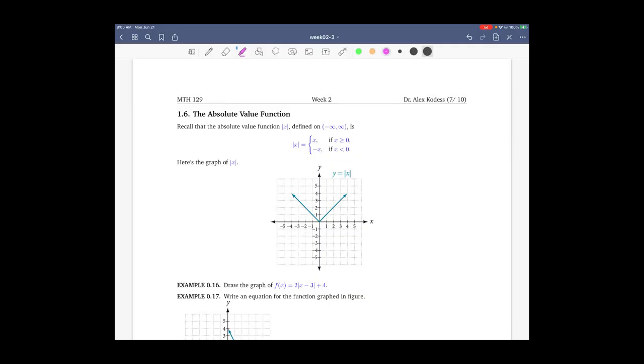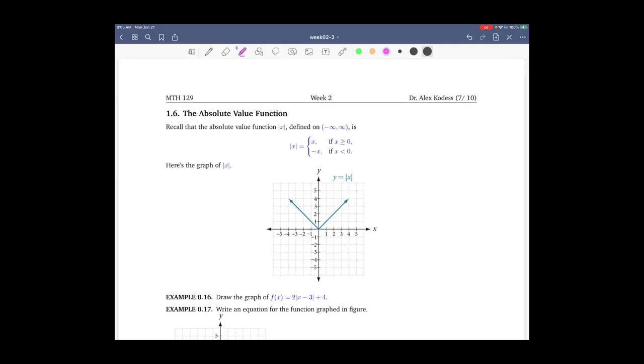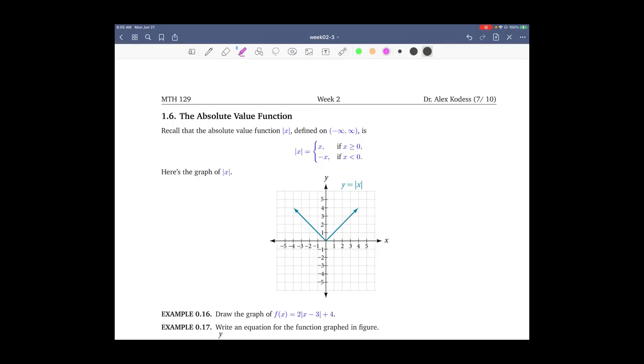Well, first of all, as a function, absolute value of x is defined on the entire real line, and as you remember, absolute value of x is either x, in case when x is non-negative, or opposite of x, which is negative x if x is negative. That way, absolute value of x is always non-negative, and geometrically,